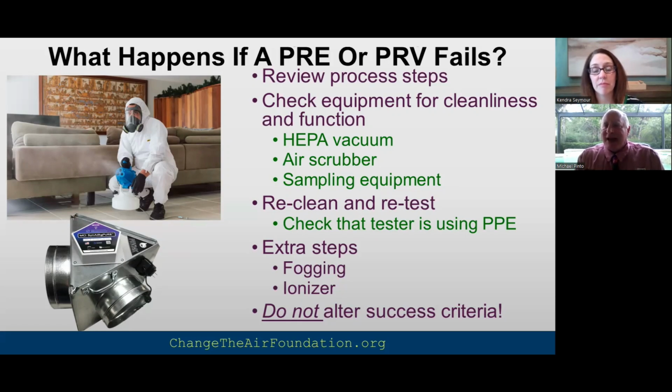want it to be. You have to be fastidious about getting all of these sources and getting all of this residue clean, pure and simple. And that's what the post-remediation is all about, is checking to make sure that the people were fastidious about getting this stuff out. So anyway,